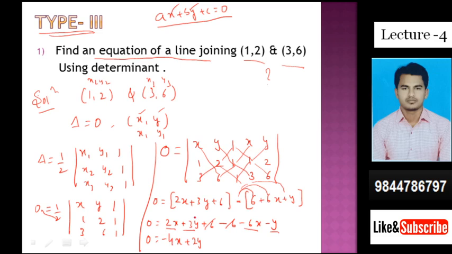Okay, now we get the straight line, that is 0 is equal to, you can take 2 common, minus 2x plus y, and cross multiply 0 by 2 equal to minus 2x plus y. It means 0 is equal to minus 2x plus y. Substitute from LHS, 2x minus y equal to 0. This is our equation of a line.